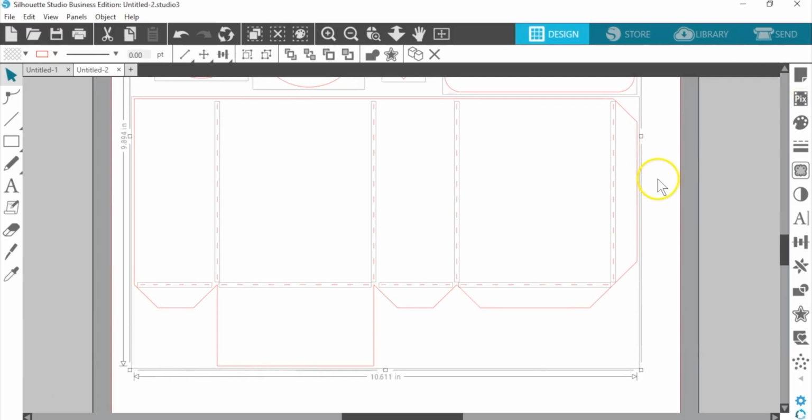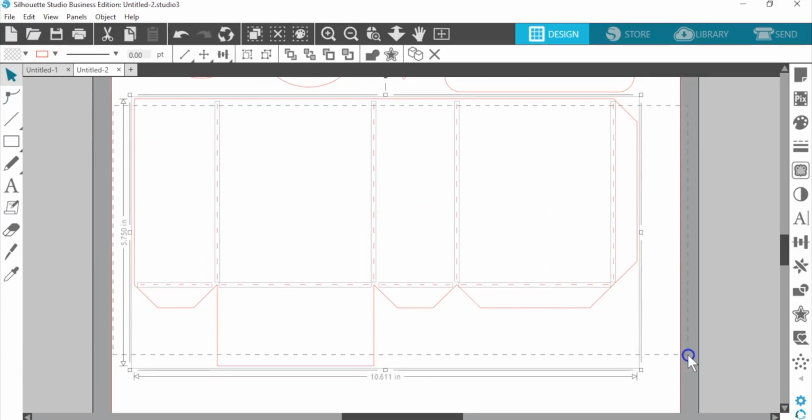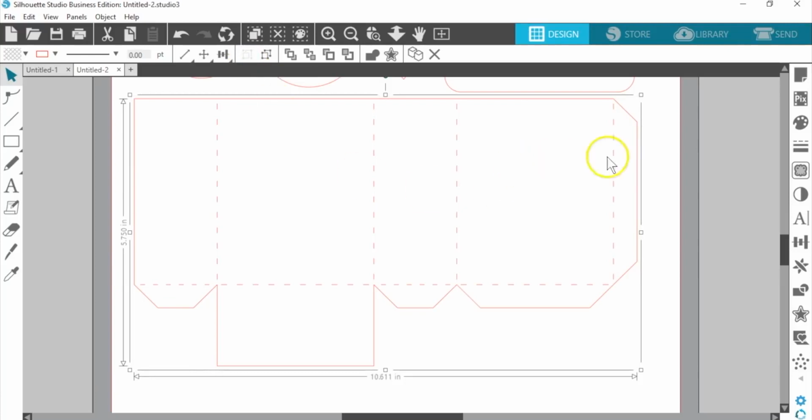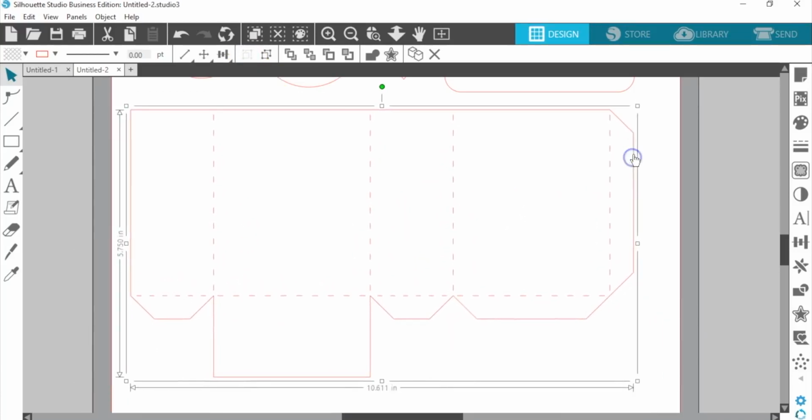These perforated lines have become separated from their outer box, and I don't want that. So I'm going to select the box and the perforated lines and go ahead and group them again. Again, that's in the Quick Access toolbar. And now you can move this around without losing any pieces that should stay together.